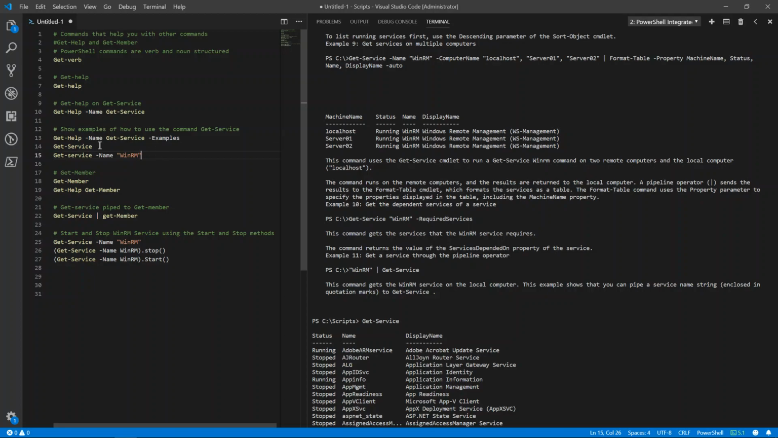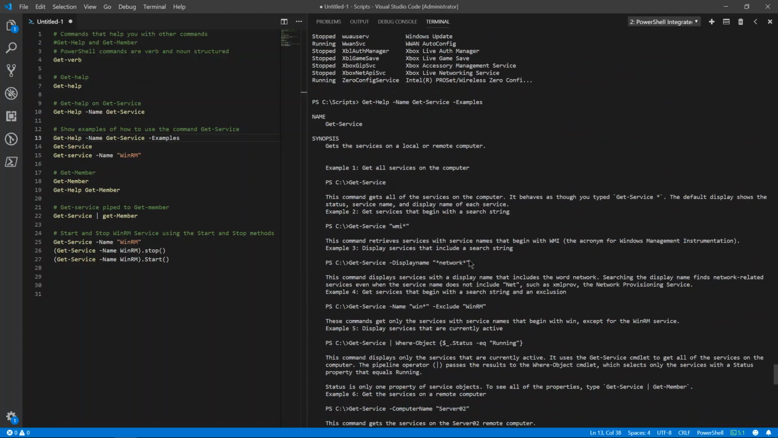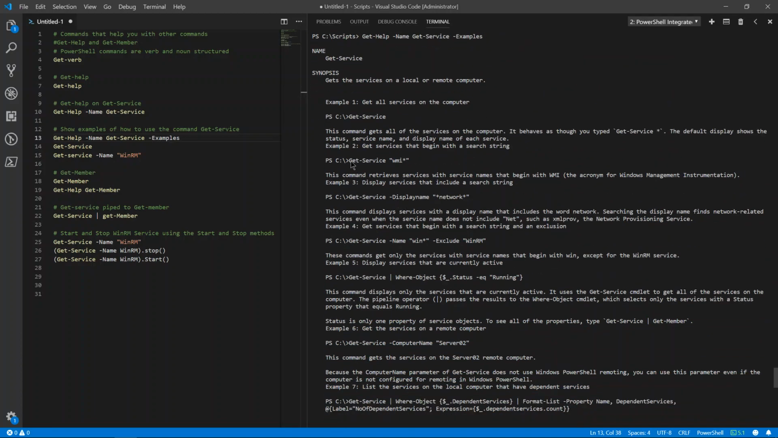Okay, so we typed in Get-Service. Another thing you can do, let's just go back to the examples here. Okay, so example 2, get services that begin with a search string. So this is basically saying get all services that start with WMI asterisk. In this instance, asterisk is a wildcard, saying that it's going to return all services that begin with WMI and